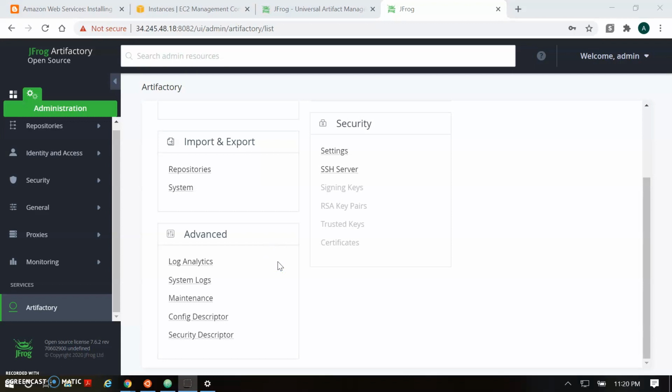So this is all about how to install the Artifactory server the easy way and how to access the Artifactory server. In the next session we are going to understand how to configure the Artifactory plugin on the Jenkins side, and how to create the project which pushes the artifact to the Artifactory server.